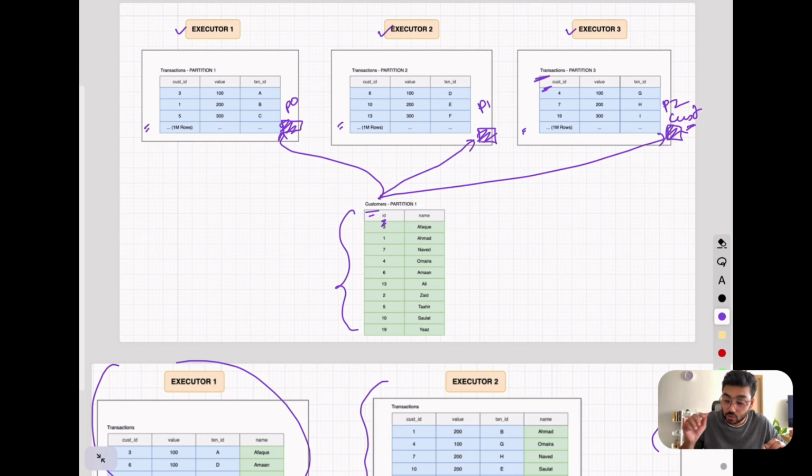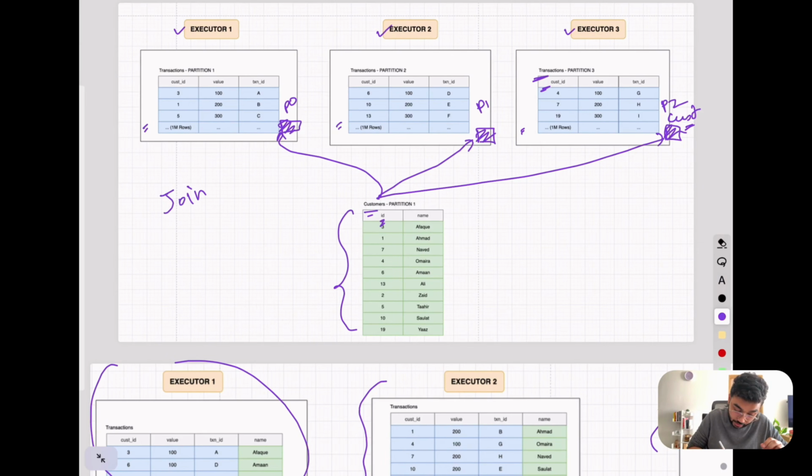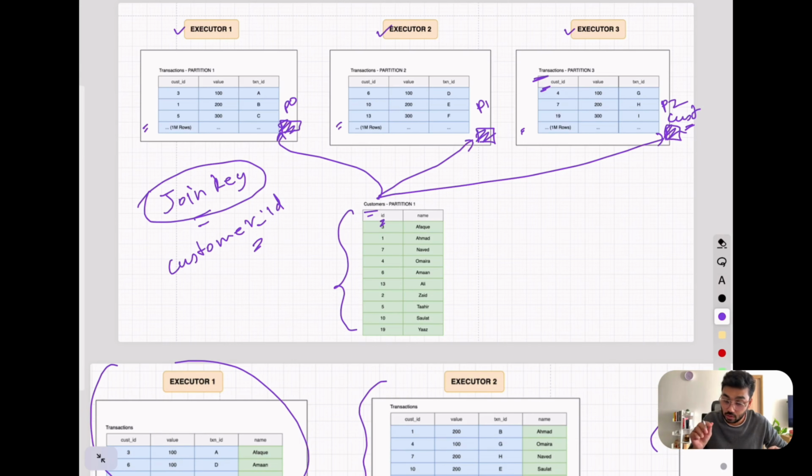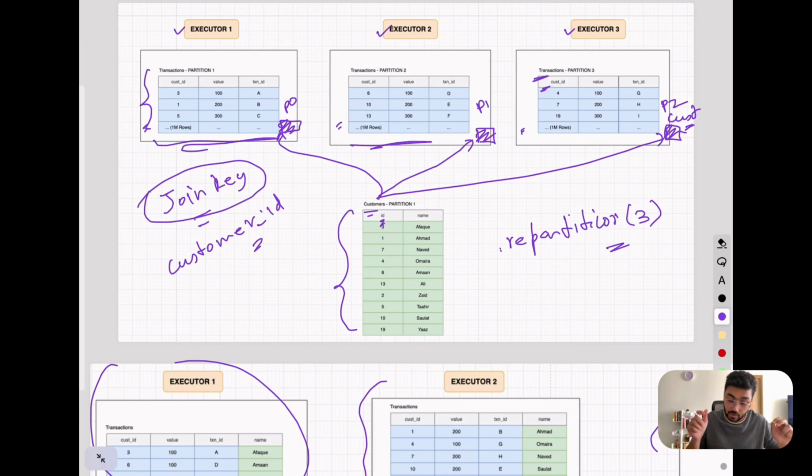When is a skew going to happen? When you partition it by the join key, right? Because remember that there was a customer id which was abnormally distributed, and it has a lot more transactions than the other customer ids. So if we partition by join key, then there is a possibility of skew. But for these partitions that we have over here, we have complete flexibility to partition them the way we want. So we can simply do a repartition 3, and it is going to evenly partition these